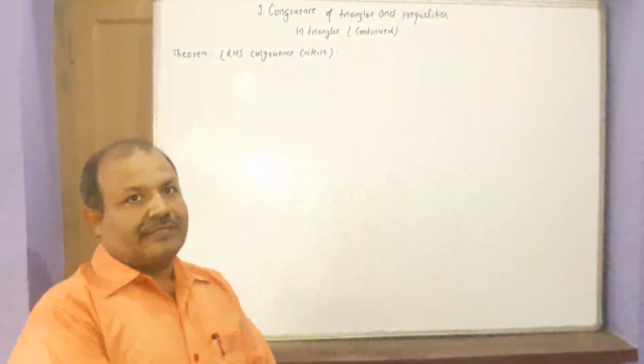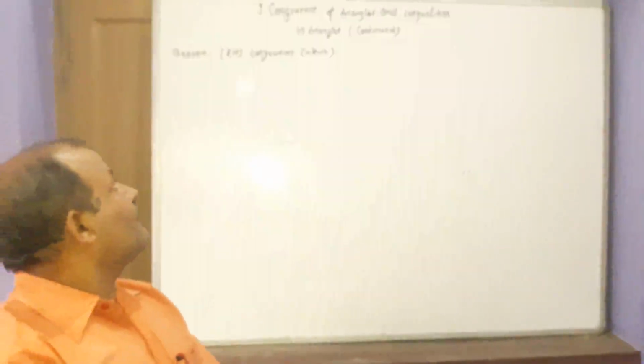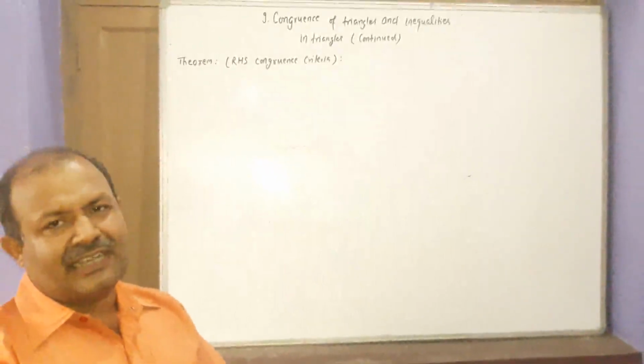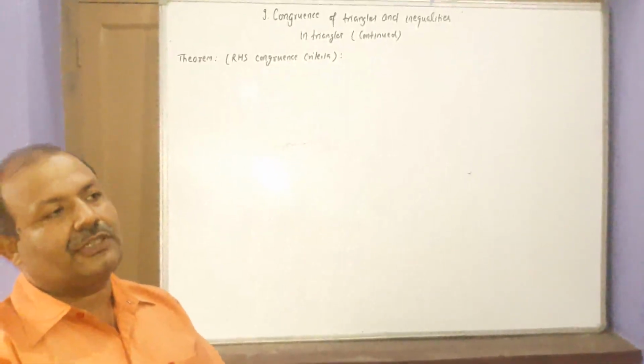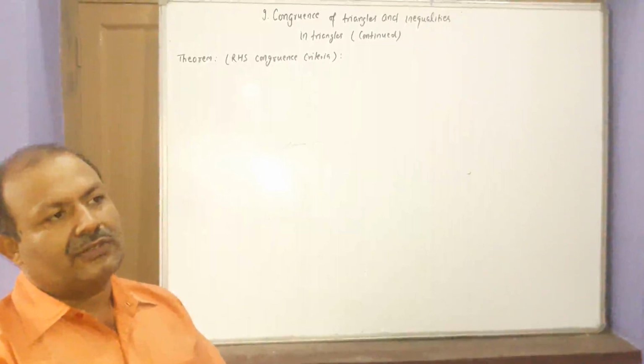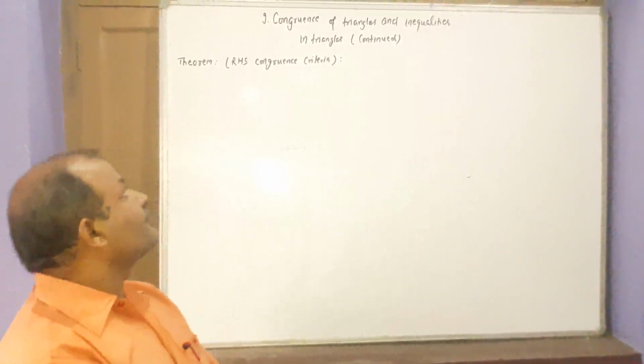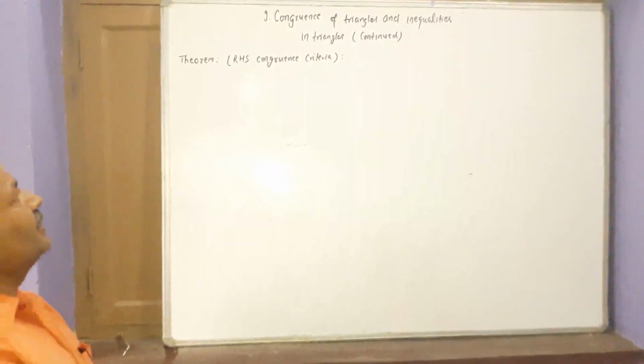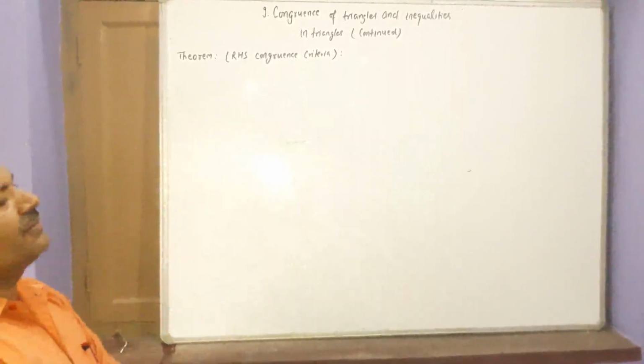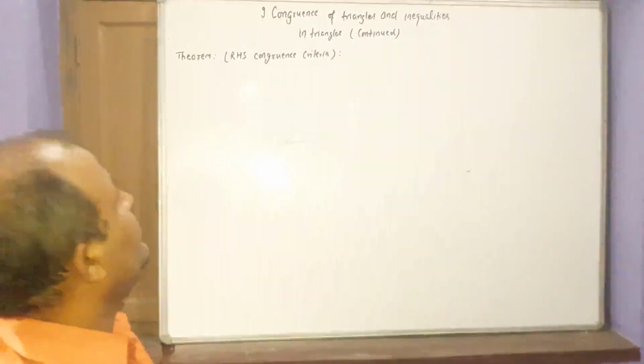Good morning, students. In the last class, you have studied the different types of theorems which are used to prove the congruence of two triangles. Today, I am going to prove another theorem, RHS congruence criteria, which states that